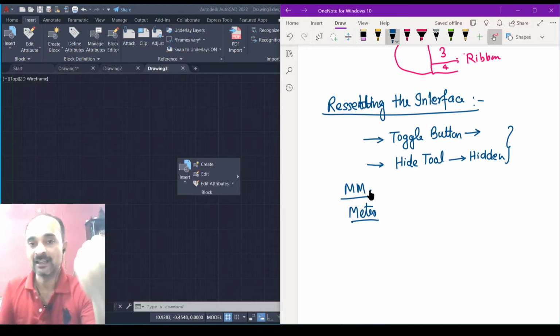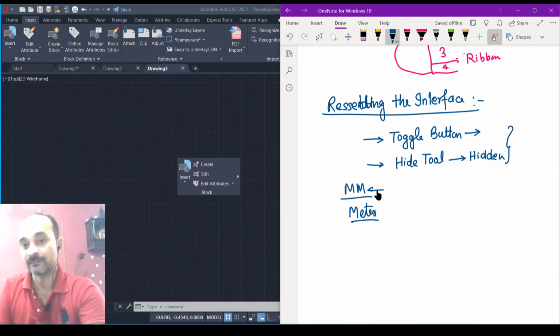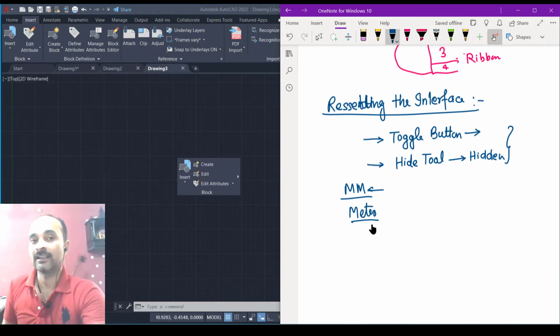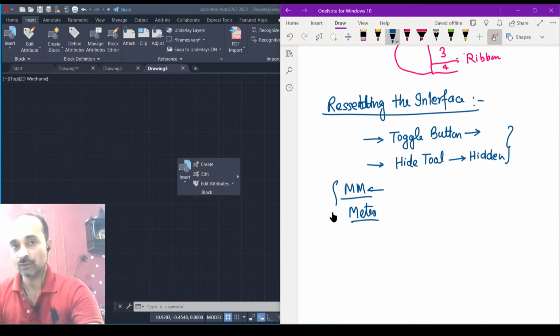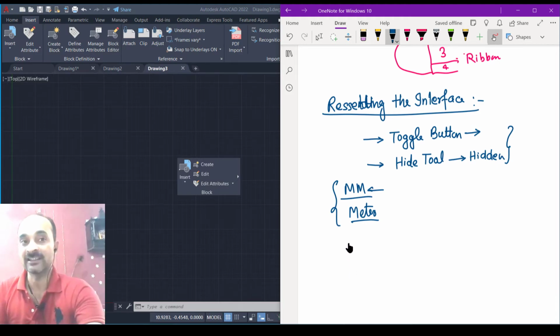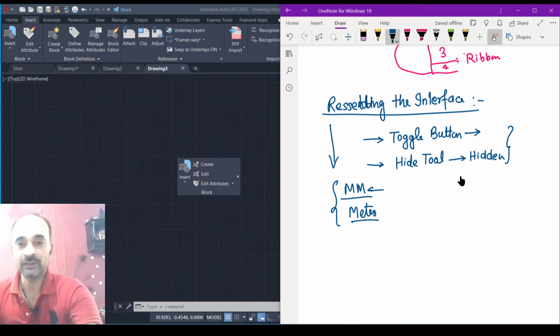Suppose you have created drawings in millimeter and in the original position it reads in meter. If you have changed the dimension type, then it will be reset to the original position and you will need to create your own dimensioning after resetting. It means resetting converts AutoCAD to the original factory position.